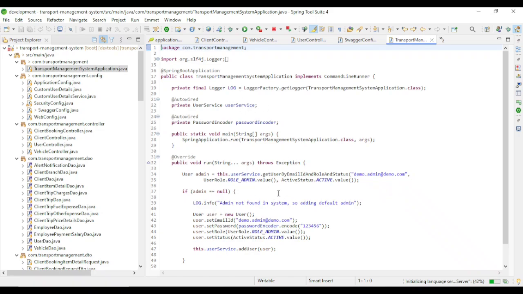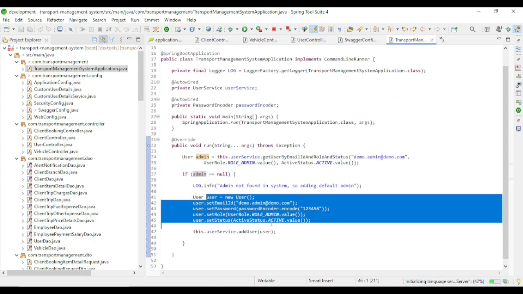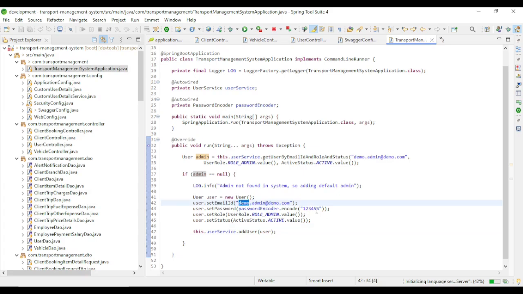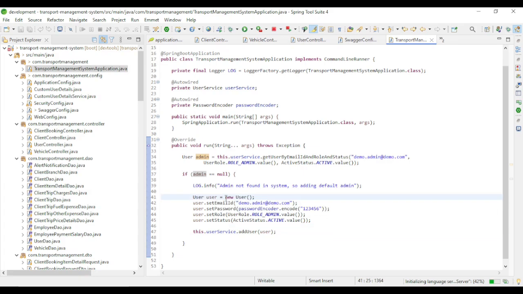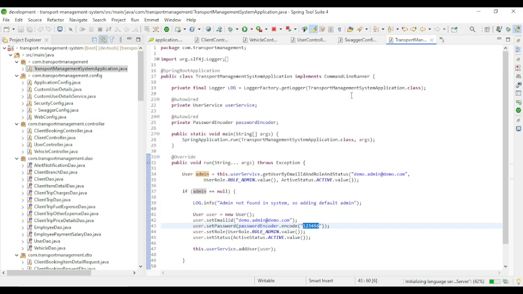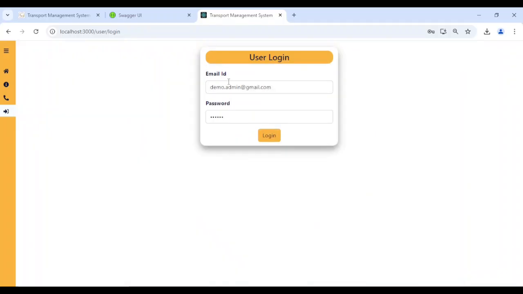We can see here we are checking with this email ID, and if the admin is not present, then we will add the admin with this email and this password. Definitely these are dummy, but if you are using this for your business purpose, then you can add your own email and password which you are going to use. Now I'll use the same credentials for the admin login. Login,